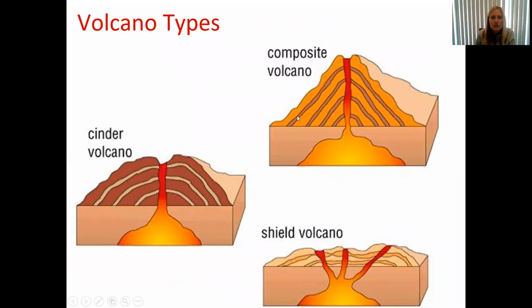So just a refresher on our three types. Your shield volcano is, again, not very steep at all, and it's got these lava flows that are coming out in lava tubes. Next, we had our cinder volcano, which we said was smaller, but also much steeper. And we're going to have more of your